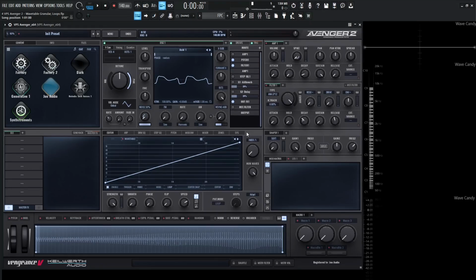By default, this is going to be set to voice, and it's our only polyphonic option. This means that the index envelope will be triggered by each voice. So every time we play a key, the envelope will start from the beginning and each voice will get its own envelope. It's also important to know that the visualization will only show the last played notes, and this is best demonstrated if we really crank our release here for our amp and then slow down our speed a little bit. So listen to this low note here,